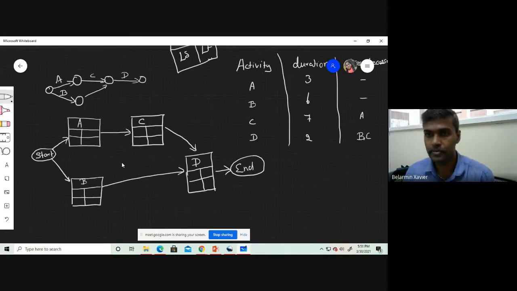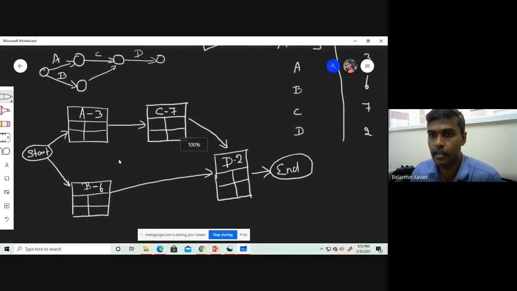Now we need to mention the duration of each activity. A has 3 duration, B has 6, C has 7, and D has 2.